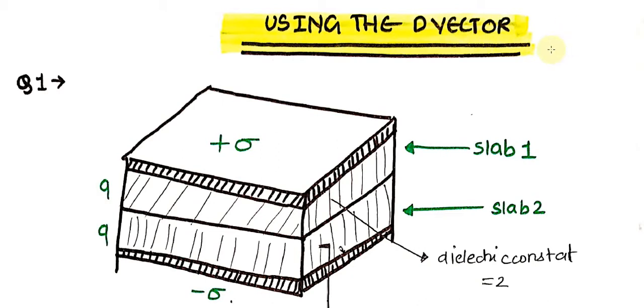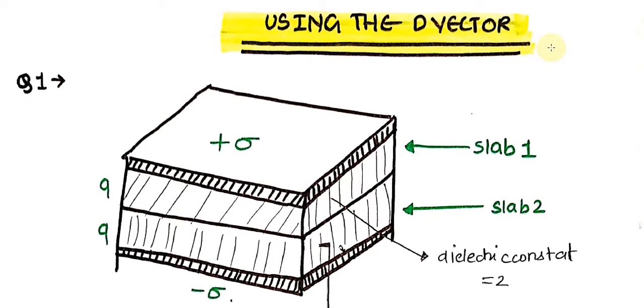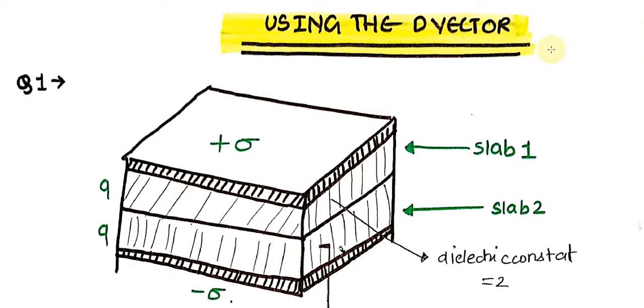So hello my dear friends, today I am going to discuss a very important concept that is called the electric displacement vector or the D vector. This vector is generally used for finding the bound charges and free charges, the polarization vector, and all the vectors that we can use in the conceptual problem in which we require information about a dielectric slab or a capacitor problem, more specifically. So let us start the problem discussion.